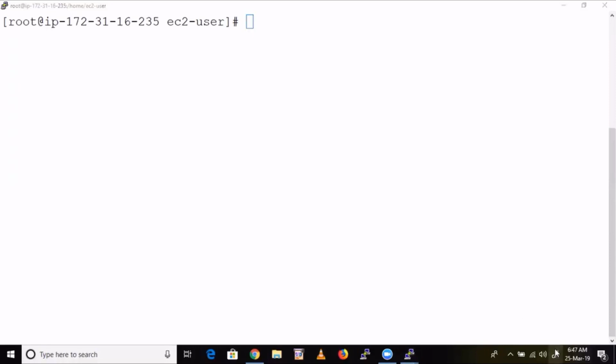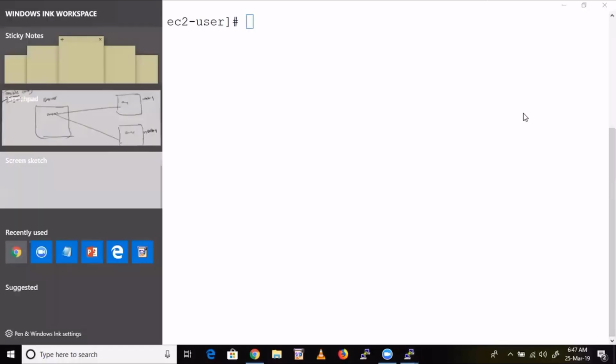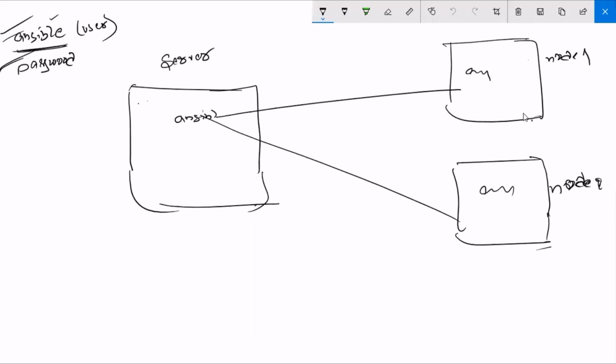Now our next step is, see here. If you want to install any package, this is a normal user, right? He can create normal files and folders in the current directory, okay, fine. But if he wants to install or uninstall any package, he cannot do that. Why? Because he doesn't have any sudo privileges now.